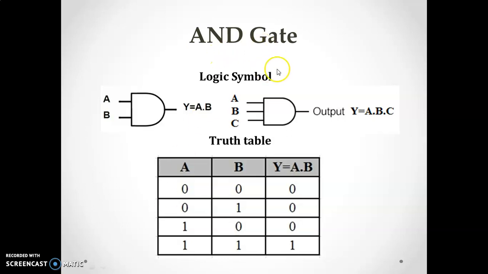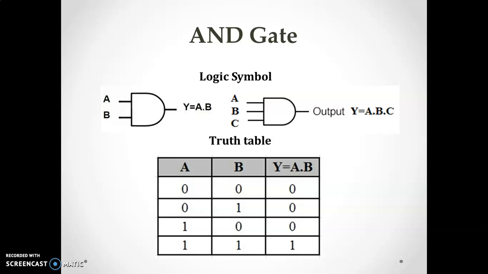So first is AND gate. The logical symbol and truth table for AND gate is shown here in figure. Truth table: the operation of a logic gate can be best understood with the help of this truth table. The truth table consists of all possible combinations of the input and the corresponding output. The Boolean expression for AND gate is shown here in figure. Boolean expression: the relationship between input and output is expressed by a mathematical expression that is called Boolean expression.